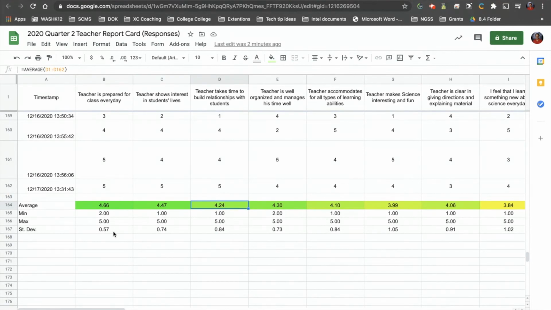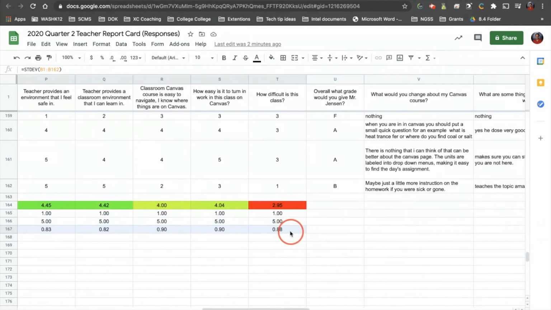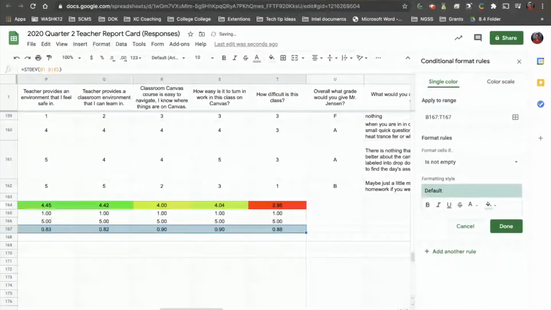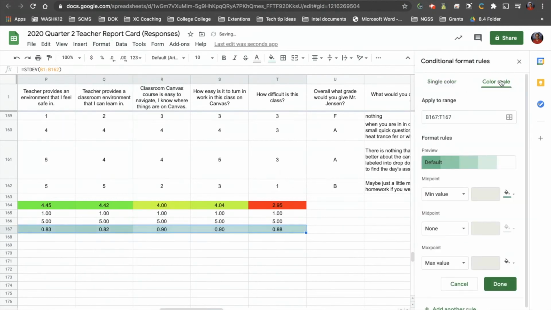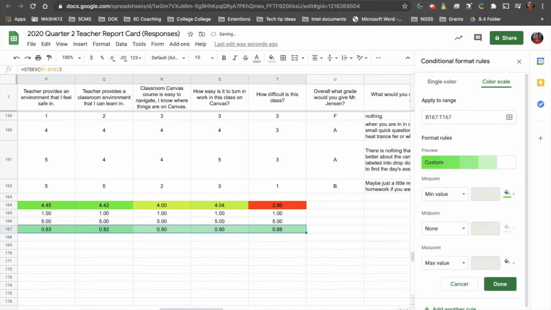Okay, let's do a conditional formatting for the standard deviation, which again is how far away from the average this is. So minimum value, so we're going to go back. Now, in this case, a minimum value, a smaller value, is a really good thing. That means that if I had a high score, more students feel that that's true. Okay, so a lot of students feel like in this case here,